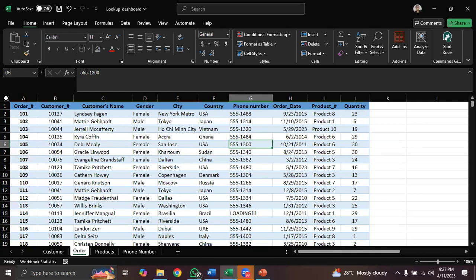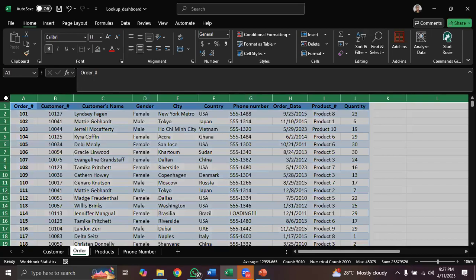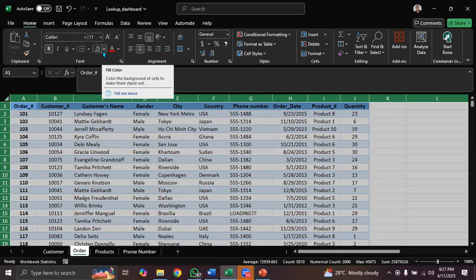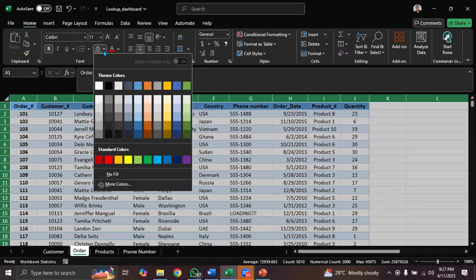As I said, highlight the entire data set. You see this triangle between A and number one, at the edges of A and one? Just click on the triangle. You are going to be highlighting everything. Then go to the home tab, and you're going to see the fill color button. Then you tell it to